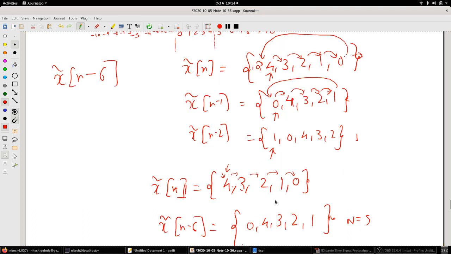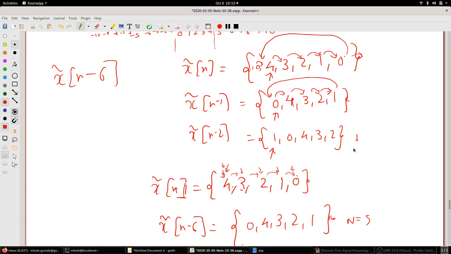This is how you can calculate faster using just one period. So the whole point of x of n minus 6 going this route, that is 0 goes like this: x tilde of n was given as 4 3 2 1 0, and we calculated x tilde of n minus 6 by using this. With n minus 1, 0 comes here, n minus 2, 0 goes here, n minus 3 it reaches here, n minus 4 it reaches here, n minus 5 it reaches here, and n minus 6 it comes back here. And then the remaining values just shift to the right. That's how it looks.